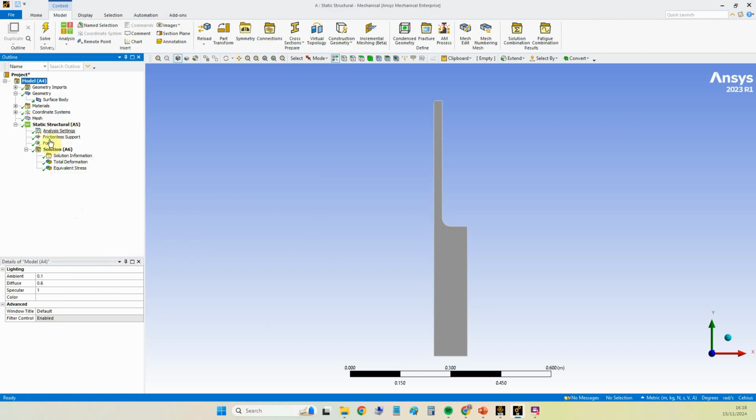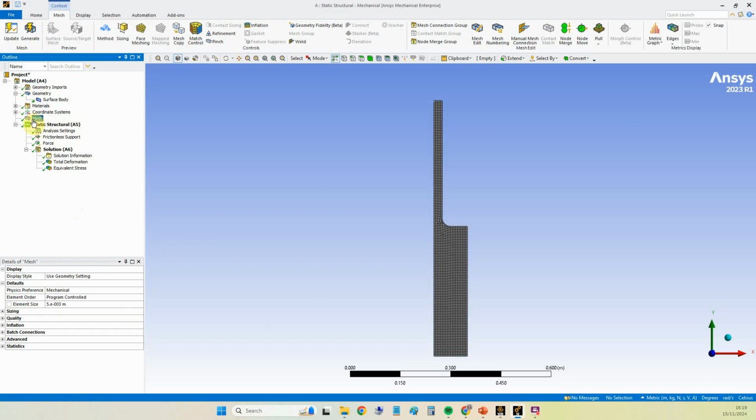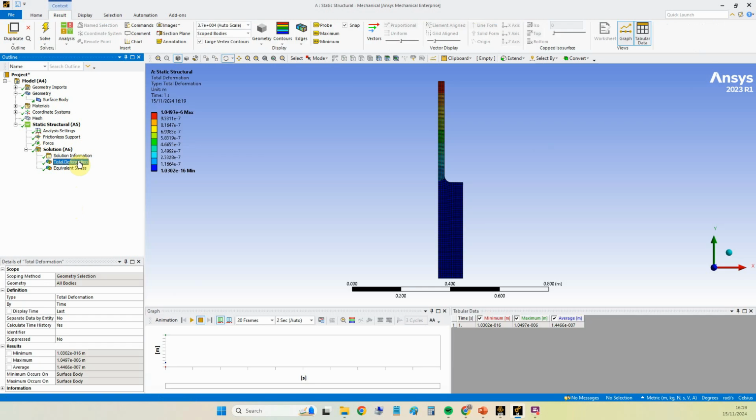Okay, so again, I'll just maybe show you that first. So I have my mesh done here, and again, this is already solved. I can just tell it to update just to be sure. So it's solved. I've got my total deformation and equivalent stress. The only reason I'd actually need to input the symmetry in this case is to actually get access to expanding